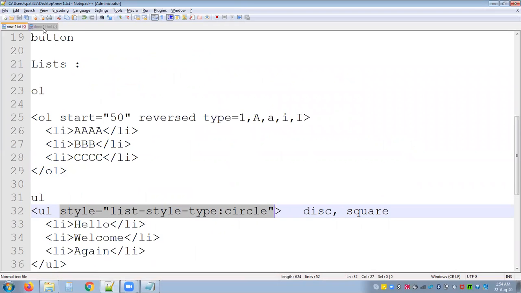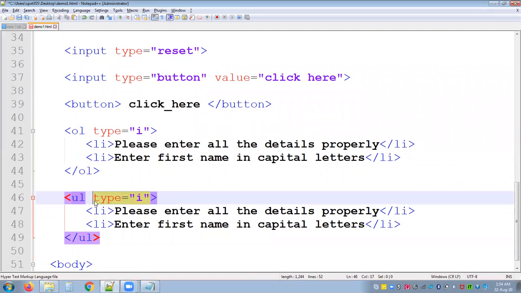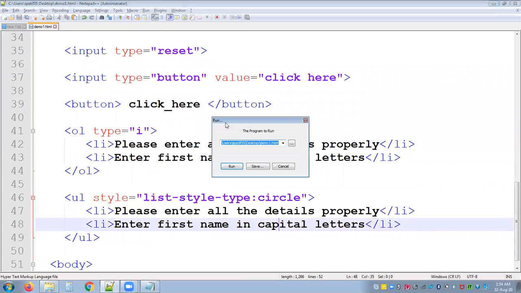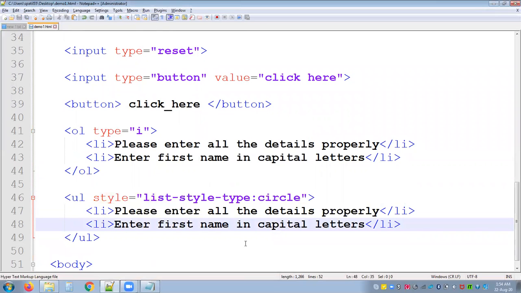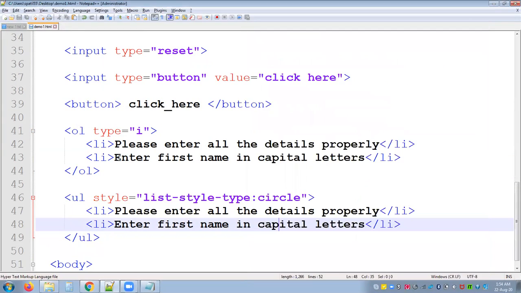If you want disc or square, then you need to specify that. So circle is going to get displayed for the points.